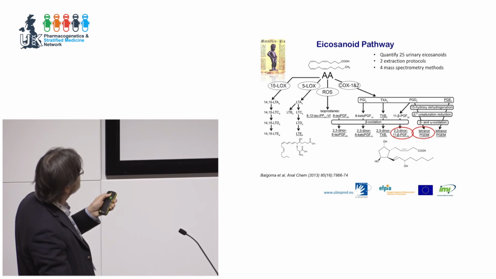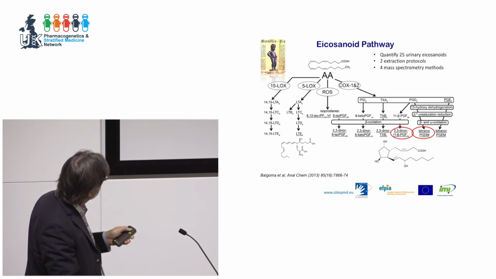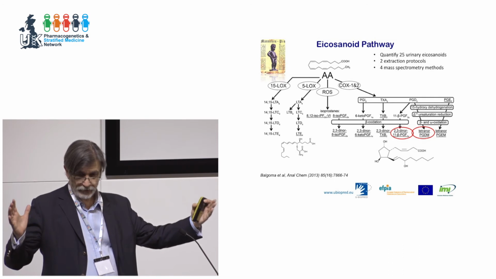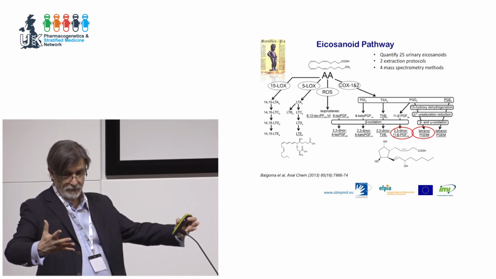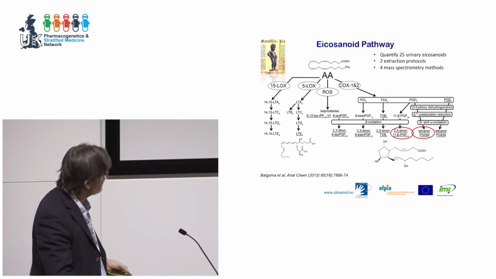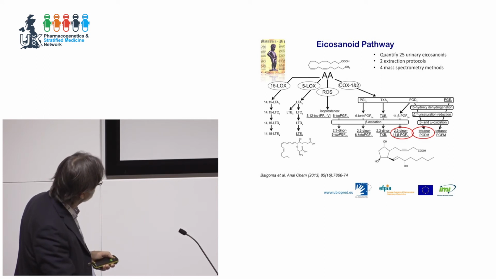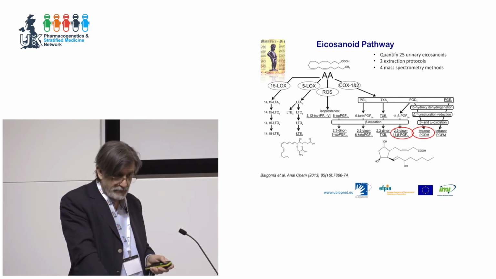So what's easier than to pee? Pee in the pot, yeah? Now, what we have is an array of 11 eicosanoids, so derivatives of arachidonic acid, which are excreted from the lungs, collected into and concentrated in the urine. And some of you might find things interesting, like LT4 is a sign of eosinophilic inflammation. But we were particularly interested in these two fellows here, because they're metabolites of prostaglandin D2.